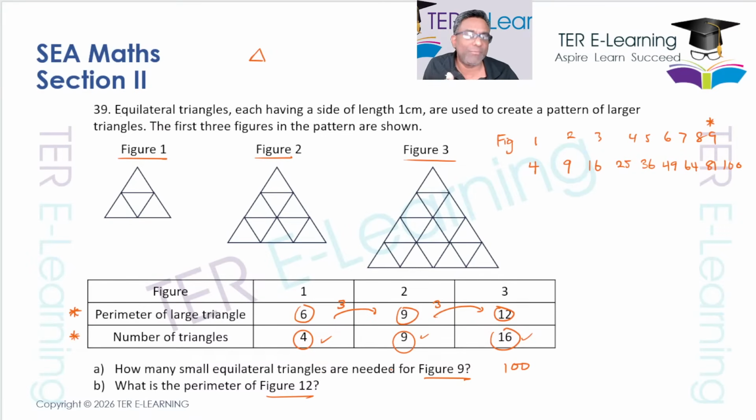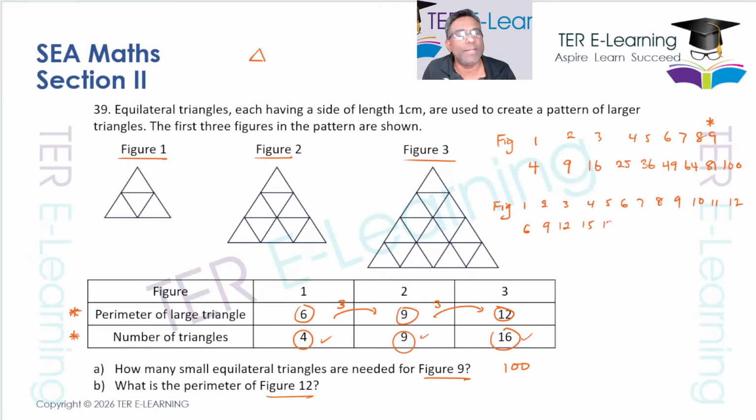So basically every time we move from one figure to the next, we are adding 3 to it. What I would do in a question like this is start again with the figures and go up to figure 12. So again, 1, 2, 3, 4, 5, 6, 7, 8, 9, 10, 11, 12. We know that in figure 1 we had 6. So we're just going to be adding 3 all the time. So 6, 9, 12,